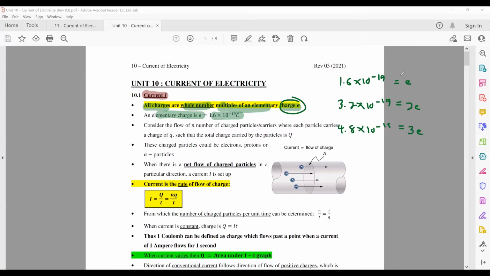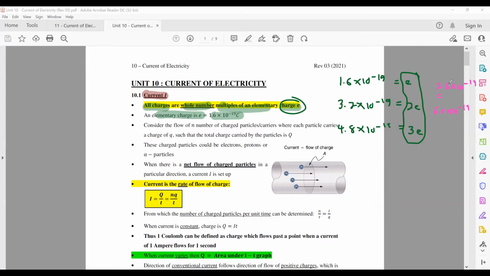Whatever charge that you see existing in nature must be in terms of whole number multiples of your elementary charge. If, for example, I have a charge that is, say, 2.8 times 10 power minus 19, or something that is 6.0 times 10 power minus 19, in terms of your elementary charge,